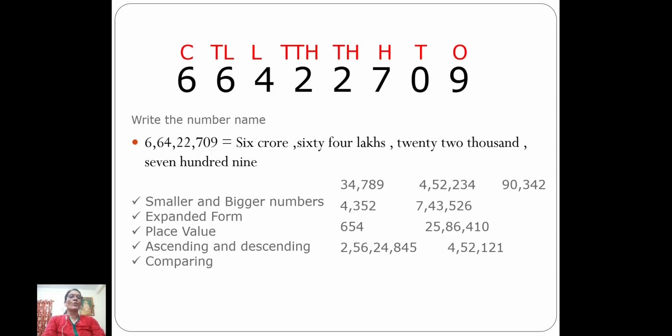Okay. Now we go to which number can we take? Okay, we'll take 2586410. Can somebody tell me which place is the 2 number here now? Yes, 0 is in ones place, 1 is in which place? Tens, 4 hundreds place, 6,000. 8 is in which place? 10,000, 5 lakh and 2 is in 10 lakhs place. So that 2 is in 10 lakhs place. So what is the number? 25 lakh